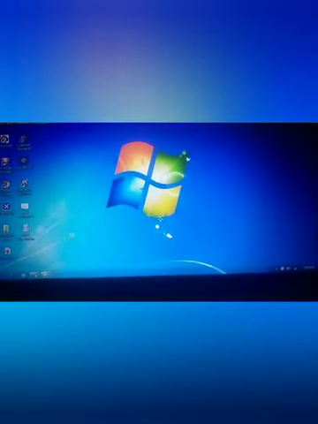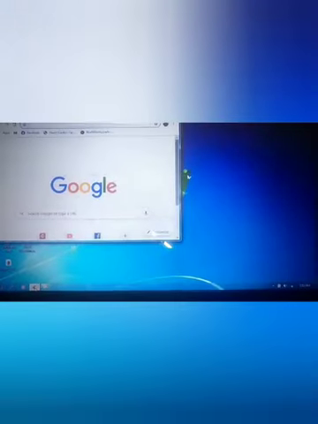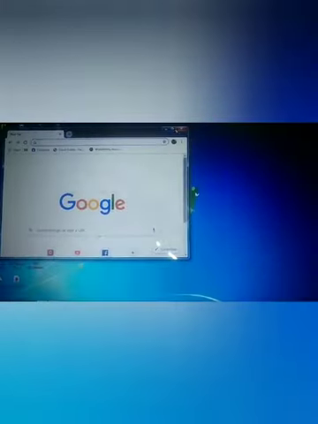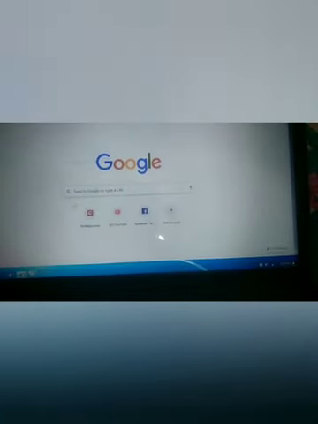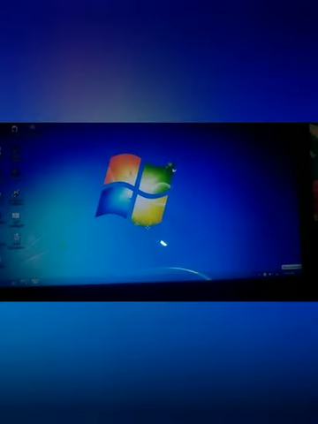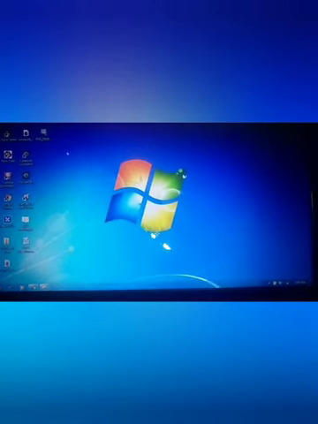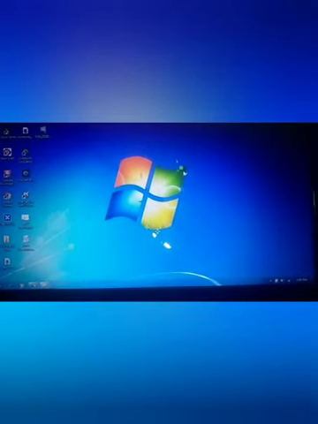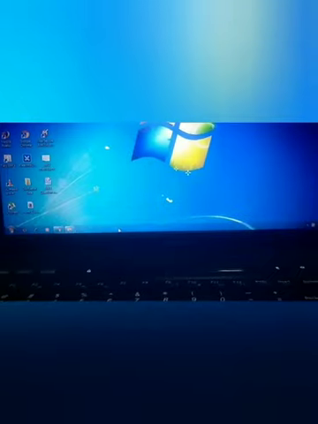Now if one of the applications is open like your Google Chrome, and you want to see your desktop, then you will go to the show desktop, that is your peek button, and click it. See your desktop, automatically you can see your desktop. That means all the applications which are active at that time will minimize and be on the taskbar.